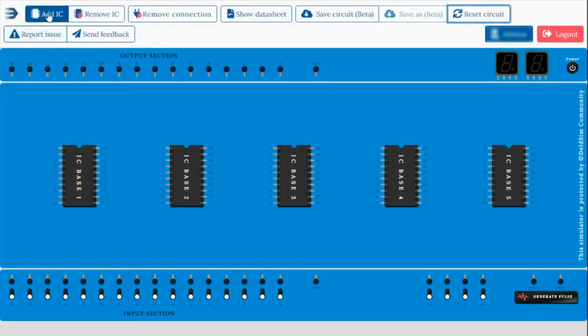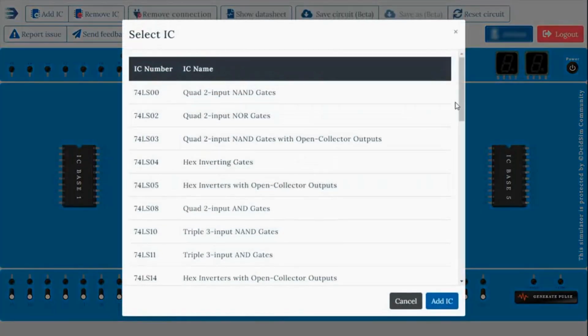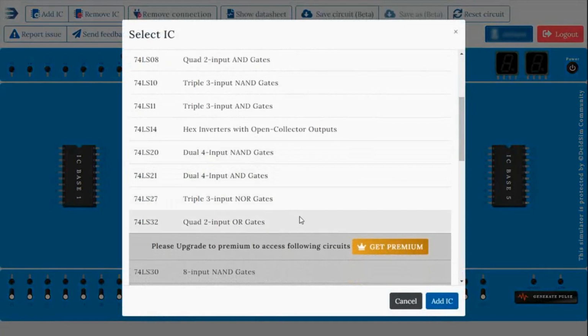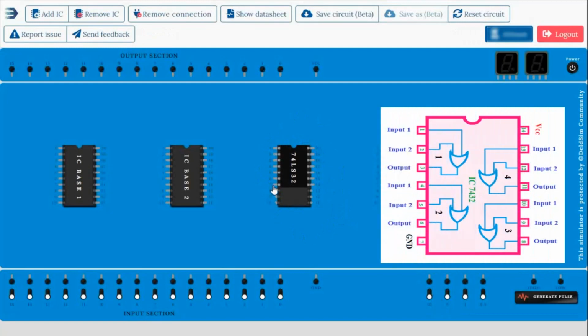So we have to take IC 7432 by the same process as discussed earlier. IC 7432 is also a 14 pin IC. So pin number 7 is connected to ground and pin number 20 is connected to VCC.